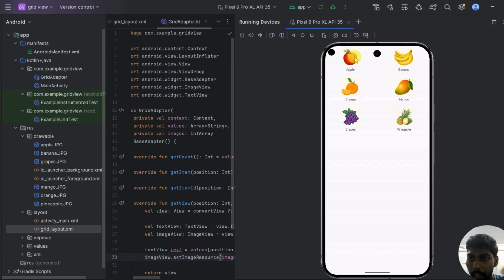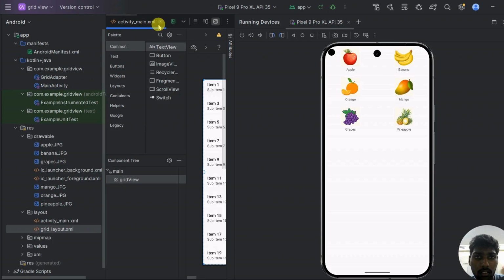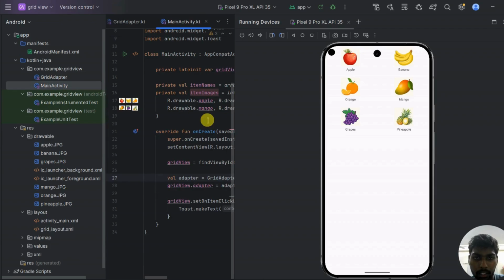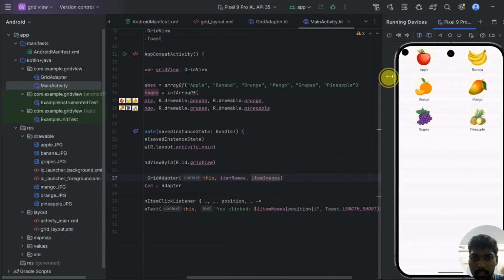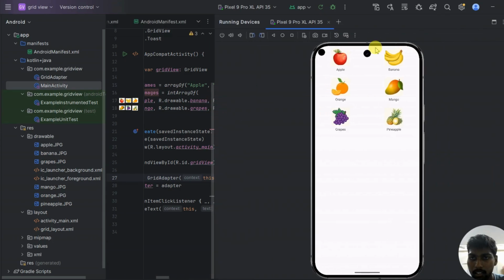We have apple, banana, orange, mango, grapes and pineapple, which we have seen already in our main activity.xml. Here we have an array of apple, banana, all these things, and the images are present here in the item layout. If you see clearly, this is the image view and this is the text view. When I click on apple,